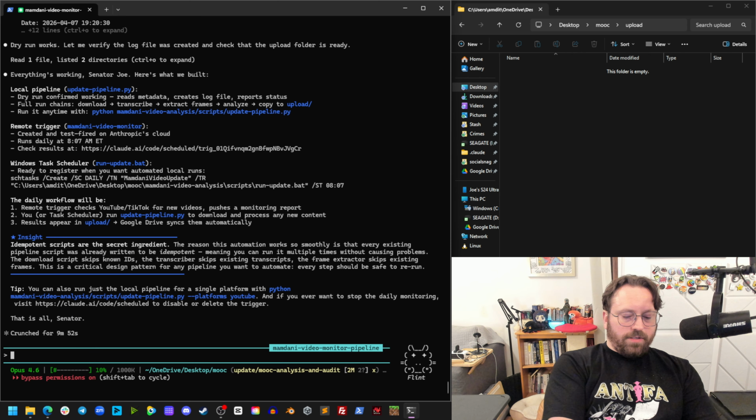Push the workflow, enable GitHub Pages in repo settings. It'll trigger the action and deploy the site, and add a YAML to the repo settings if needed for Pages. That looks good. Let's send it. And while that's doing it, I'm going to go back to GitHub, and I am going to set up the GitHub Pages like it said.